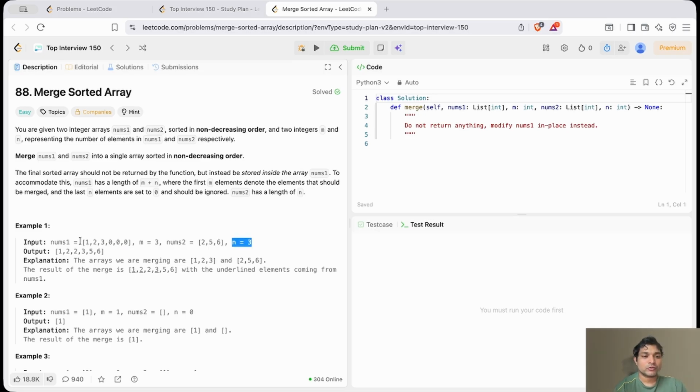So the final output should be, those two should be combined, nums1 and nums2 should be merged, and that merged array should be sorted, right? Here you can see 1, 2, and there is one more 2 here. That 2 is merged here. And 3, and here you can see 5 and 6 as usual, because those are the last elements. Those are the biggest elements, right? So that's the output